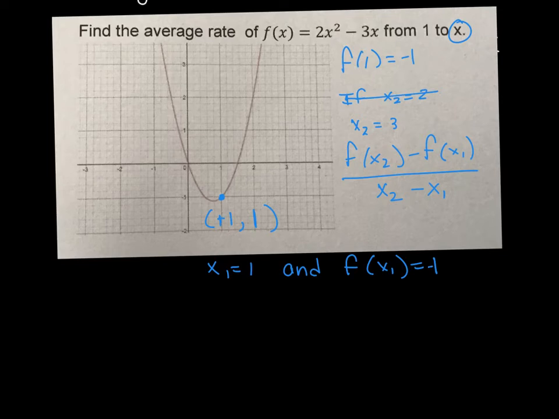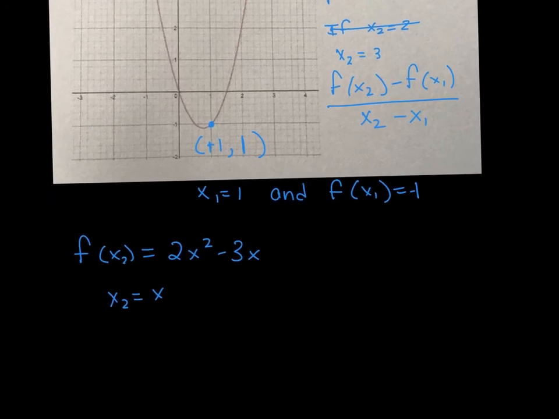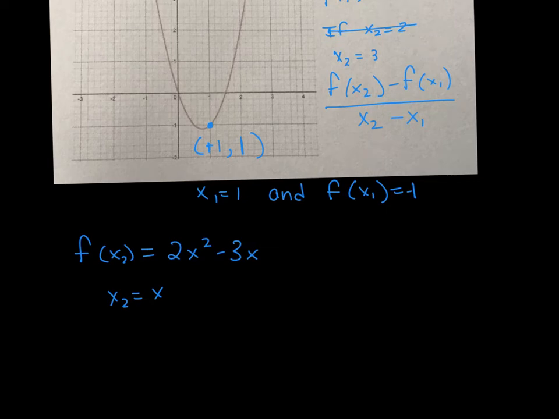So what is f of x2? It just equals the original function, which is 2x squared minus 3x. And we're going to let x2 just stay as x. So when I plug all of that in, what I get is 2x squared minus 3x. I subtract f of x1, and f of x1 is just -1